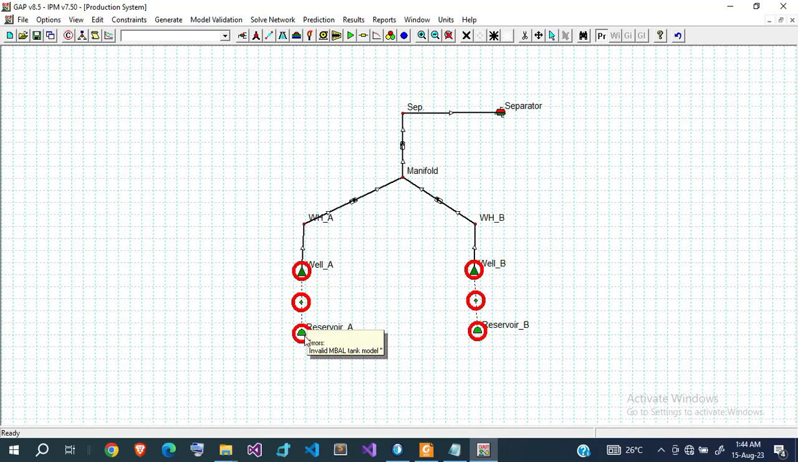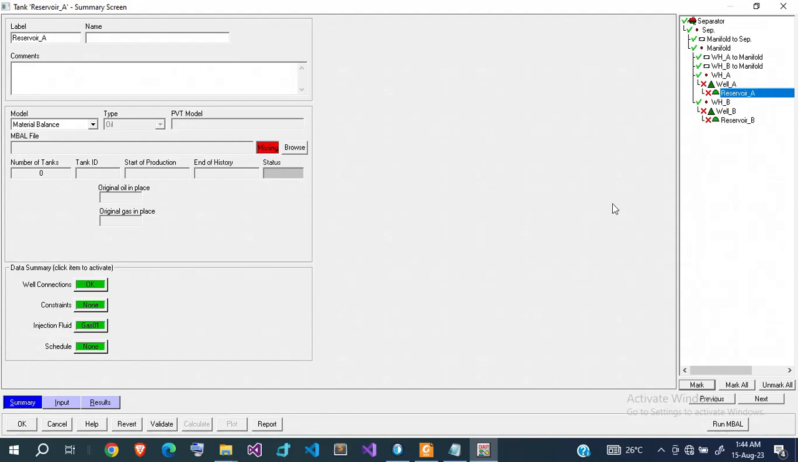Now if you hover, you'll see errors, invalid MBAL tank model. So what you have to do is to generate tank models. So I'll double click on reservoir A. You look at this, you discover the items that are actually invalid at the moment. Now this one says that the MBAL file is missing. If you have an MBAL file, all you have to do is just click on browse and link the file. But since I want to do everything from scratch, I'm going to model the MBAL file